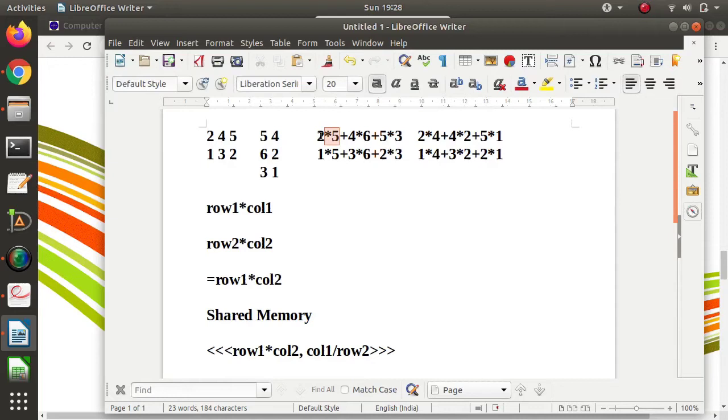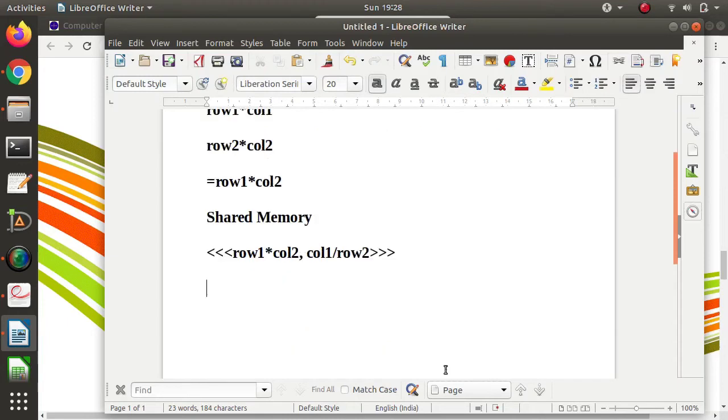So one thread will calculate this value and save it in this sum array. Okay, so suppose we have P of 0, P of 1 and P of 2. So we'll create one array and that will be saved in shared memory.